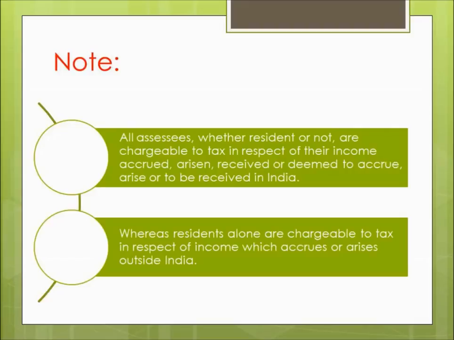India is chargeable to tax, whereas residents alone are chargeable to tax in respect of income which accrues or arises outside India. Only the residents are chargeable to tax in respect of income earned outside India, whereas non-residents are not liable to pay any tax on the income earned outside India. So we can make note of these 2 points in order to understand the concept of scope of total income